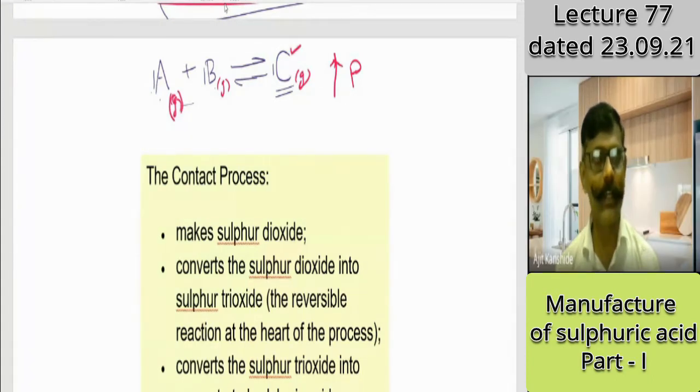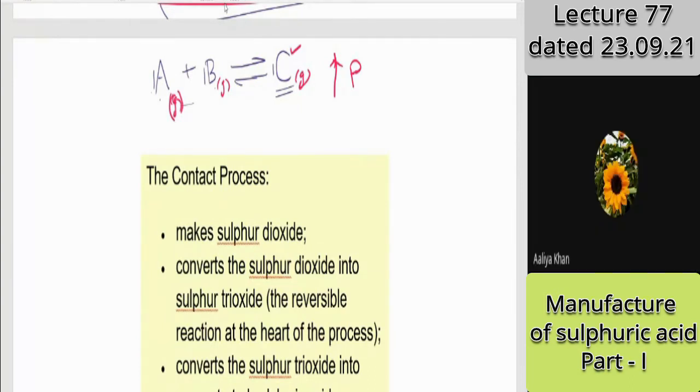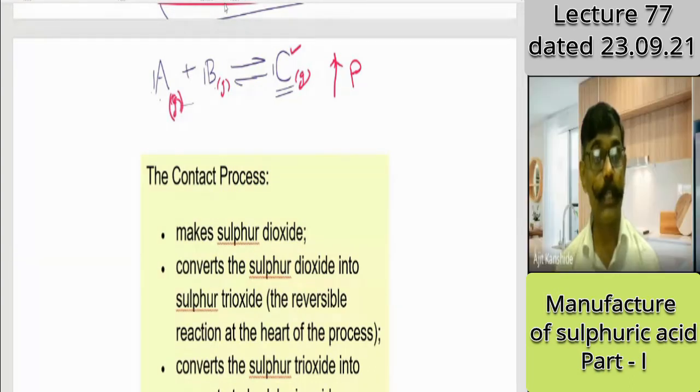Any other answer, or any reason why C is affected more? Less number of moles are there. Okay, that is the reason. Concentration will increase, that you are saying, more increase will be there. Okay, I want answers from others also. Let you guess. I'm not giving the immediate answer. I'll give you the answer stepwise.